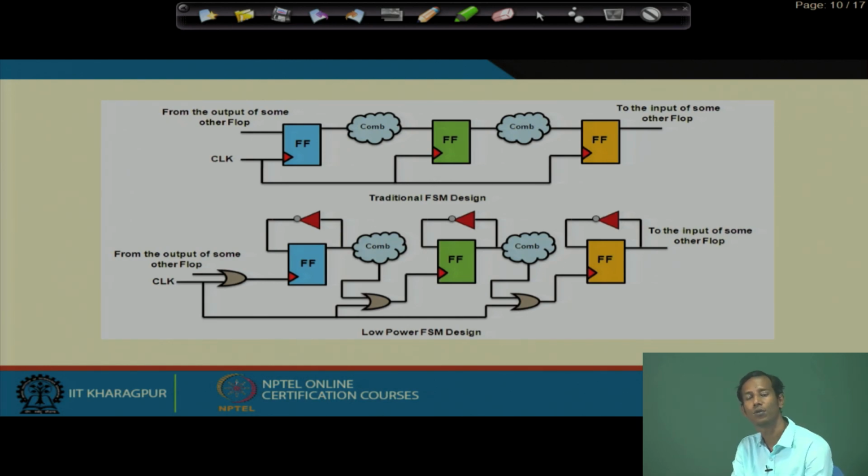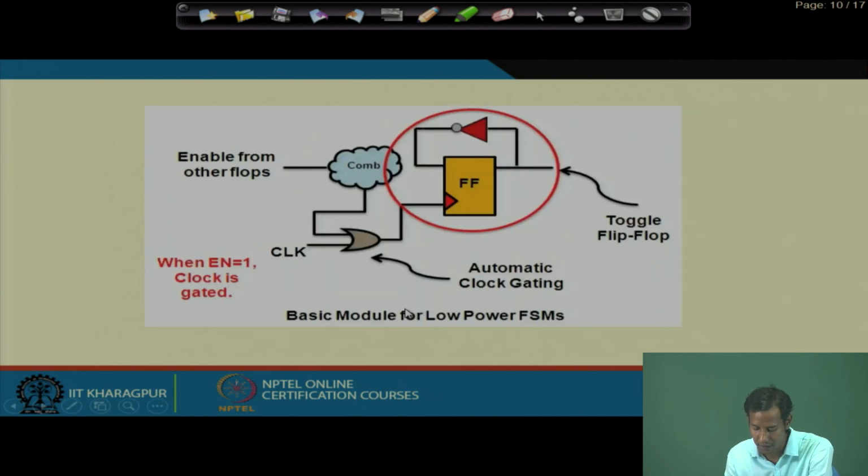So, at that time what you have to do? You have to use some kind of enable signals which will be associated with the clock. That means here you have to use the gated clock. So, how can you do it? At that time you are having this clock signal, then again it is ORed with the output of some other flops, which will be the clocks, and now all these clocks are gated. Okay.